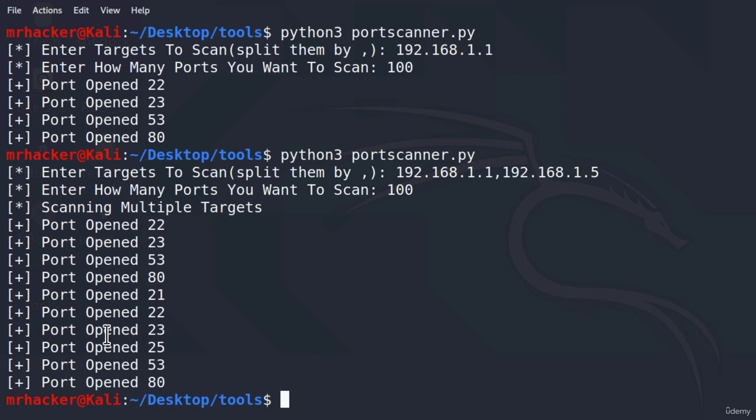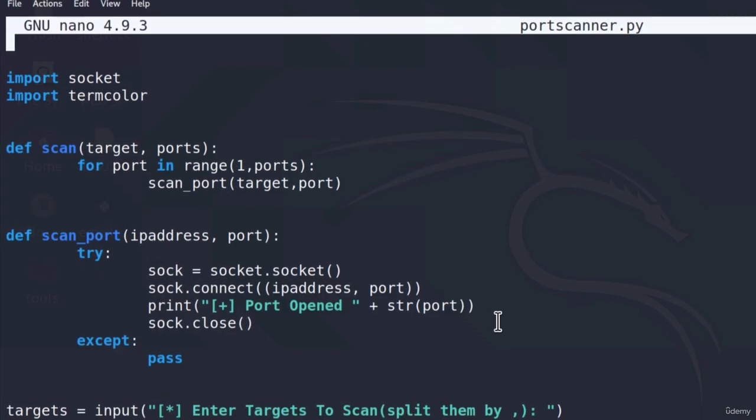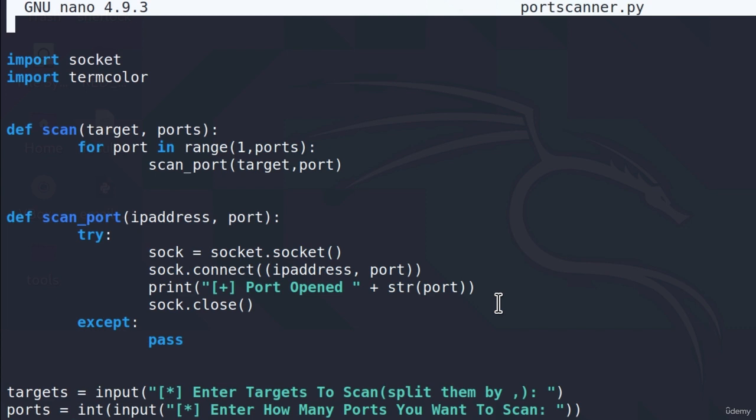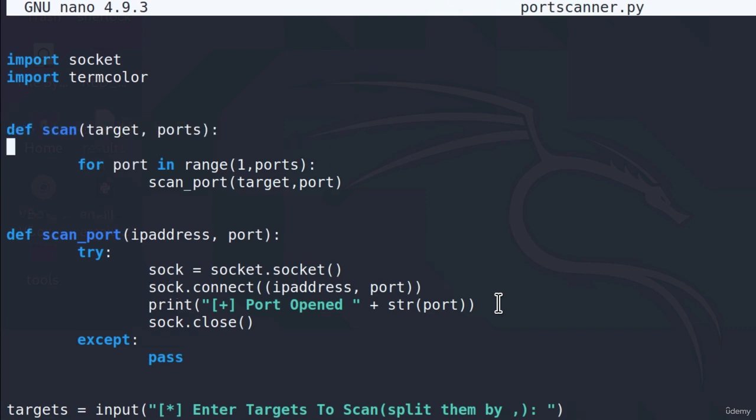We don't know which ports belong to which target. So let's go back to our program and see how we can fix this. To fix this, we're going to add a print statement inside of our scan function. Right at the beginning, we're going to print. First, we're going to start with a new line character, and the new line character is \n. Close the single quote, plus,